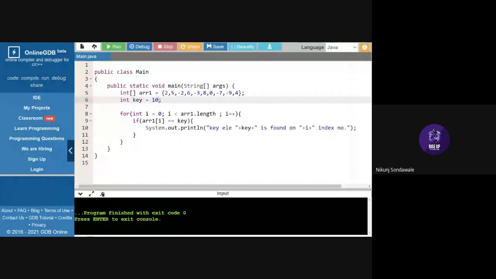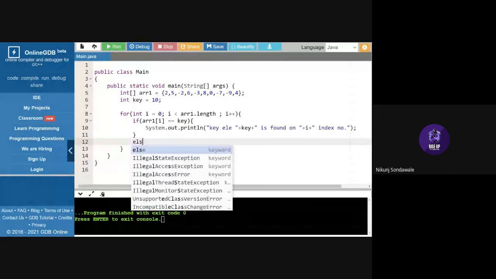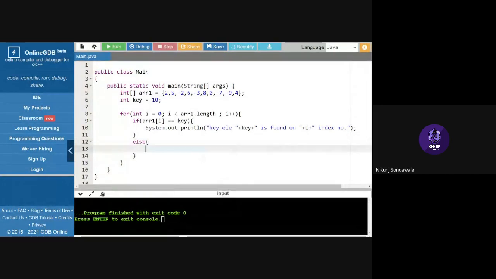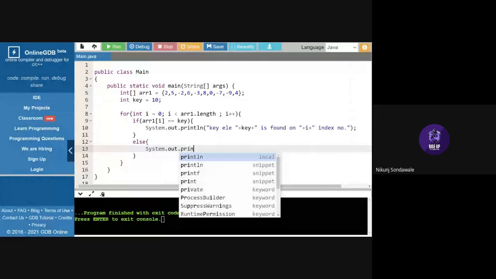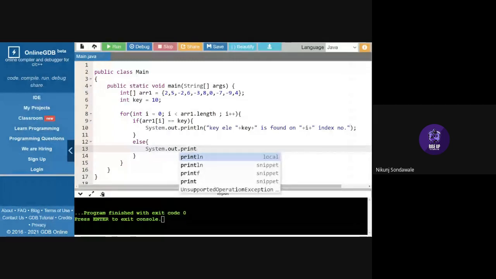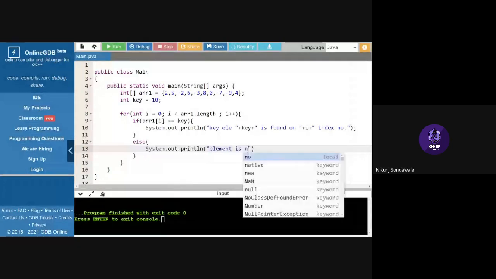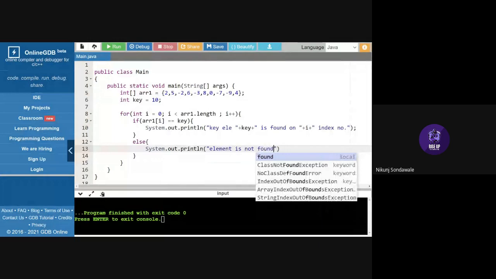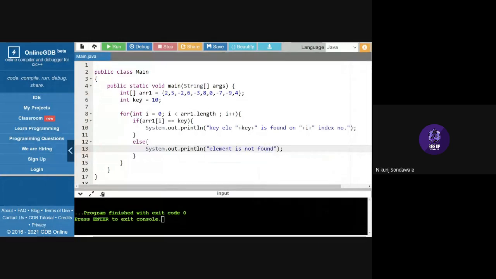If you want to do like this, give the else statement, else System.out.println, let's say element is not found. If the key is not in our array 1, then it will perform the else statement.